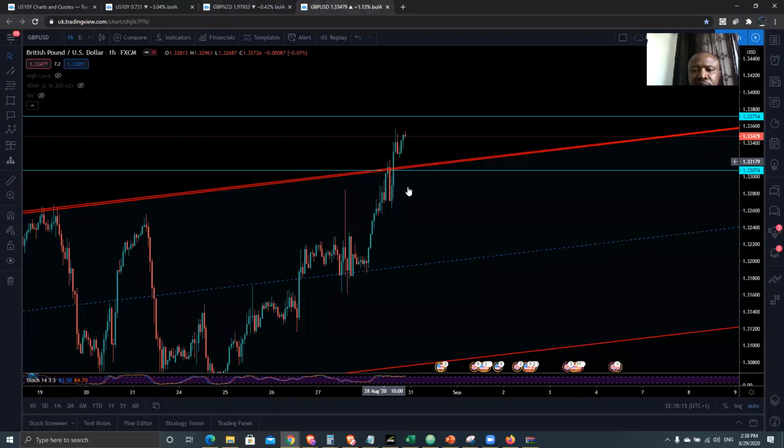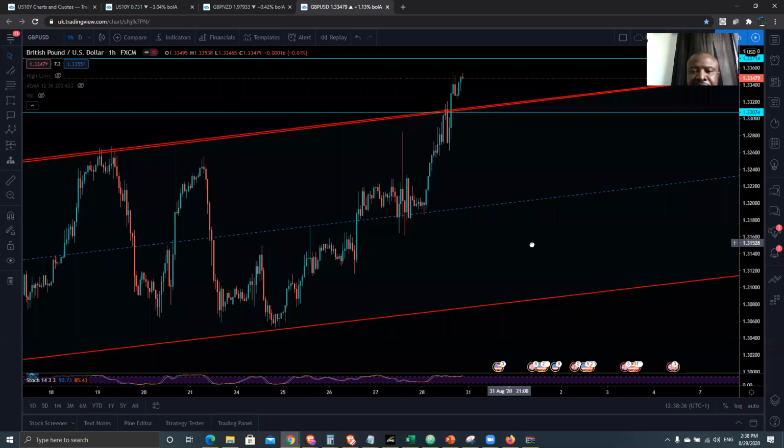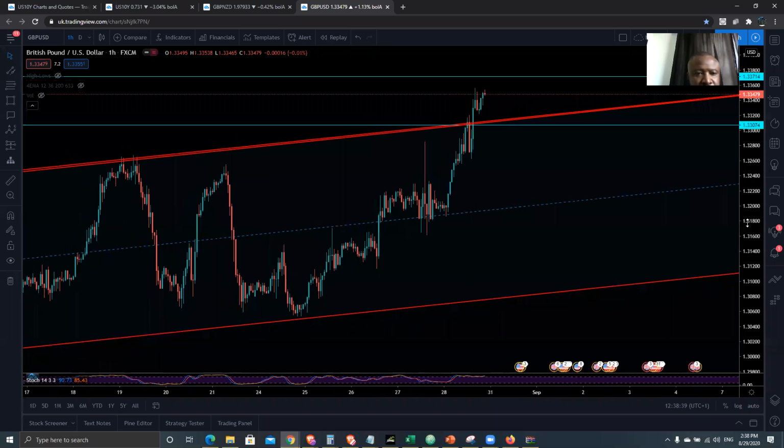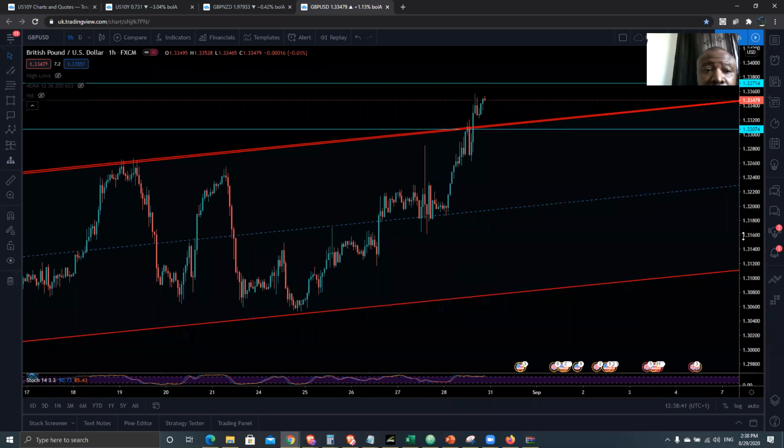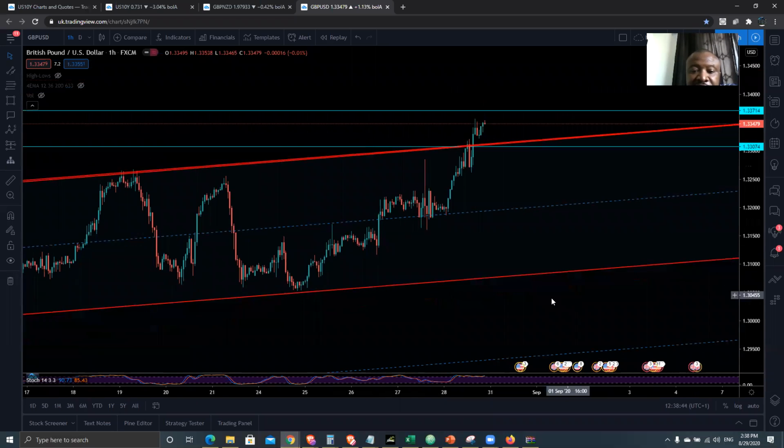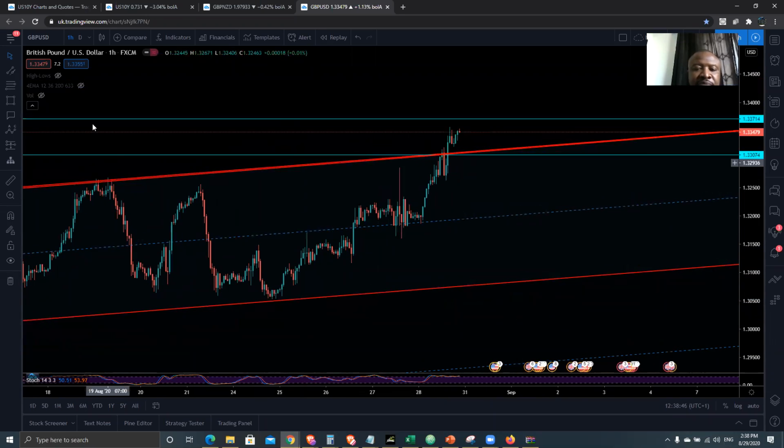So maybe if we break this area now, then there might be a reason to sell, but that reason to sell is coming back on top of this channel trend line, which means we may want to see price start closing back inside there for us to be a seller. But for now, right, that hasn't happened. It's just an anticipation. So let's look at the key structure that is in play.